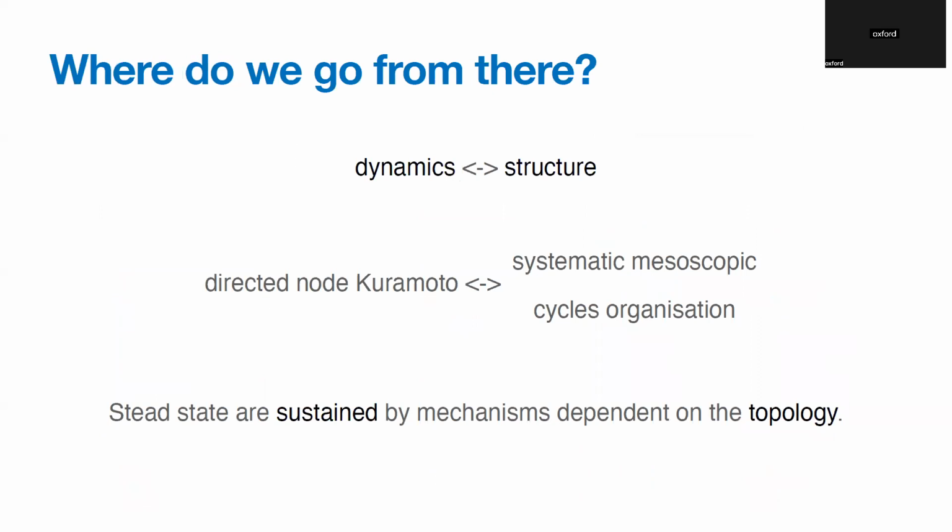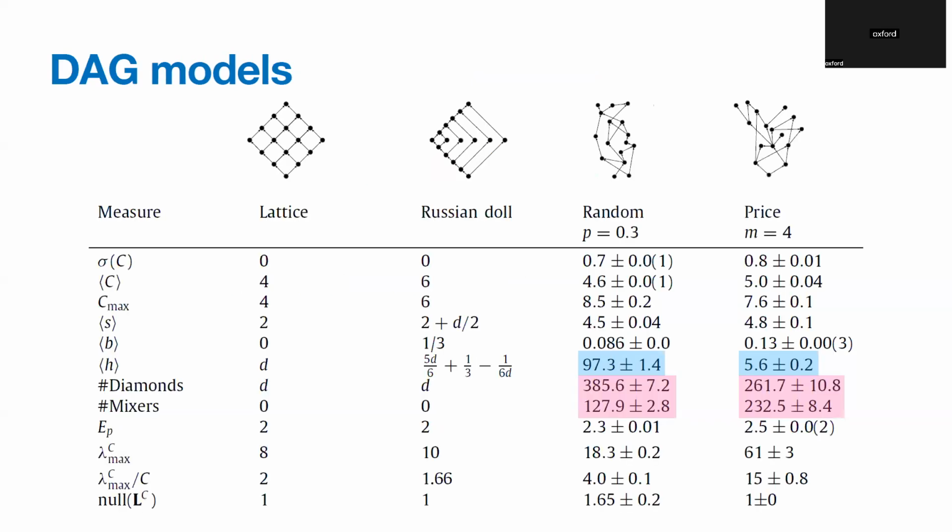And so where do we go from there? There are a lot of open questions and things that we want to look at, but I think this relationship between dynamics and structure is something that we really would like to understand more. So, for example, if you run, let's say, the Kuramoto model on a heterophony and a price model, how are the dynamics going to be different? And in particular, what's going to be the relative influence of these two types of graphs, right? Which are either